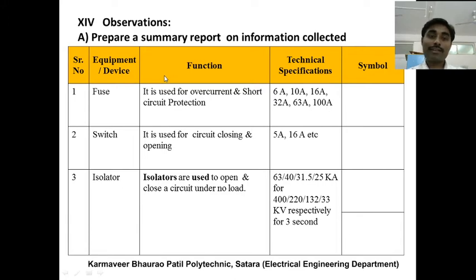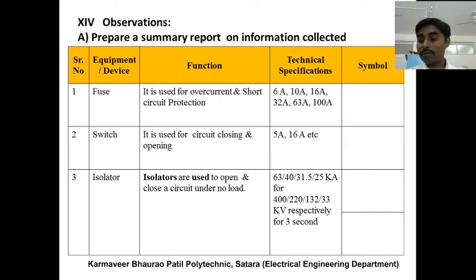So students, let's start with the first equipment, that is the fuse. As we know, a fuse is a metallic piece of wire which melts when excess current flows through it. First, the function of a fuse is that it is used for overcurrent and short circuit protection. The technical specifications of a fuse are that it is available in 6 ampere, 10 ampere, 16 ampere, 32 ampere, 63 ampere and